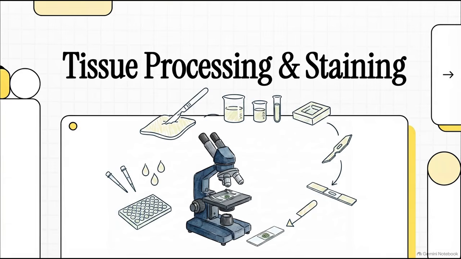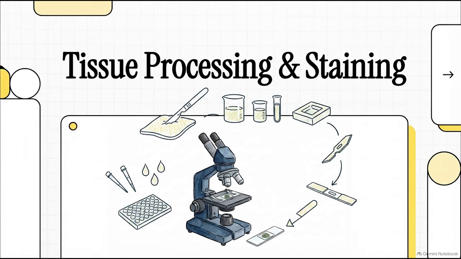Welcome to this explainer. Today, we're diving into a fascinating microscopic assembly line. We're going to look at the exact, meticulous process that takes raw tissue straight from a biopsy and transforms it into a perfectly clear medical diagnosis. If you've ever wondered how pathologists can just look through a lens and confidently identify a disease, well, you are